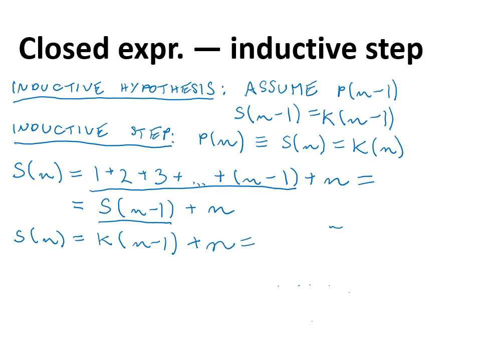That is equal to n minus 1 times n divided by 2. So that's from the definition of k of n. So that is now equal to n squared minus n divided by 2